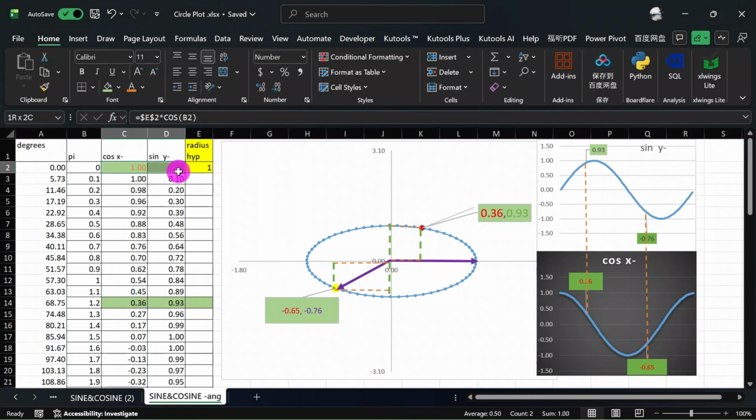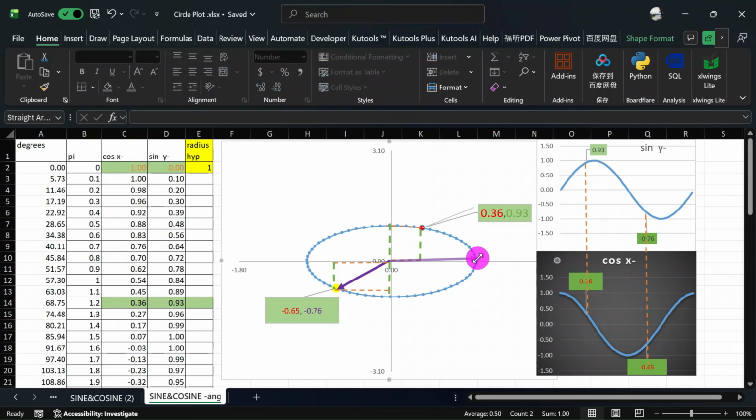The font color is brown, so here the x that is overlapping with the radius is actually 1. That's x over the radius, the hypotenuse, because the radian is 0, so it's definitely 0. And y is actually 0 because there's no movement, no shift in the vertical direction, so it's definitely 0. For example, if we move a little bit, maybe like this, corresponding to this,